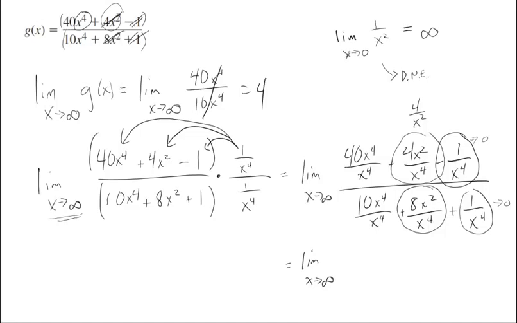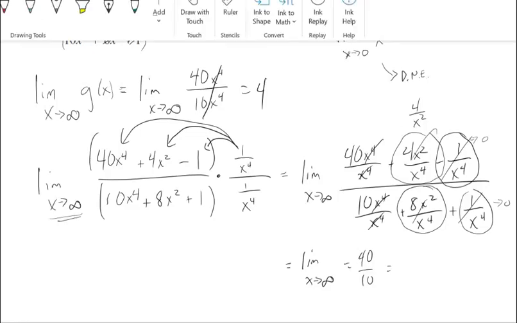Same thing down here. The 8 and the 4, they don't matter. So they all just go to 0. And then I'm just left with these leading two terms. And this is why I divided by x to the fourth, because that makes the most sense. I can find my guys that are going to 0. And then this just leaves me with 40 over 10, which is, all right, let me be a little bit